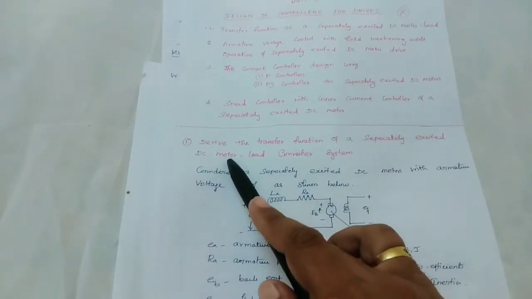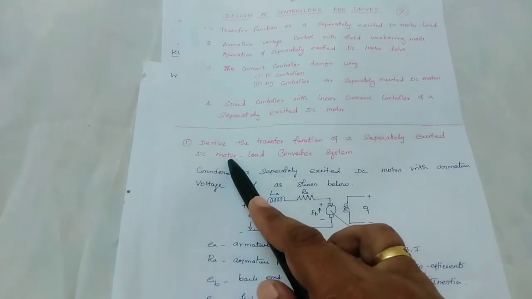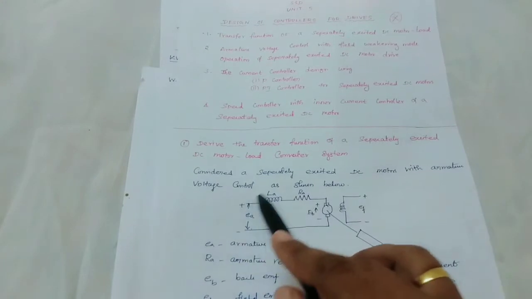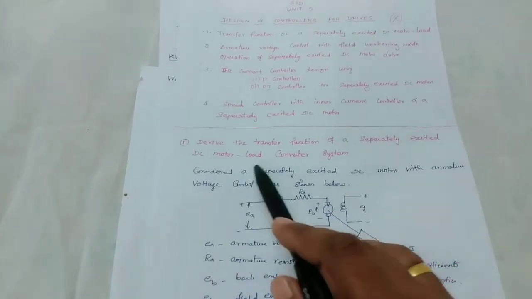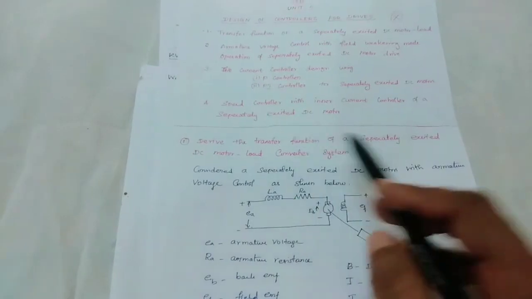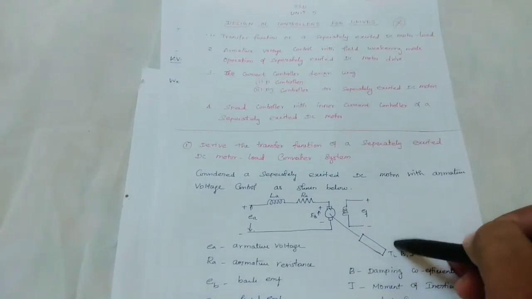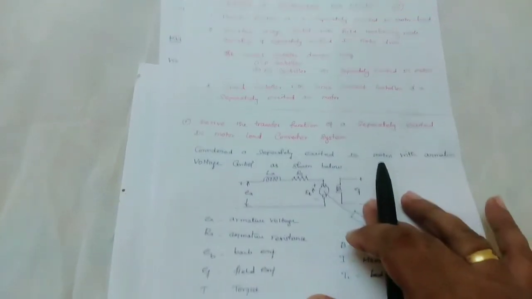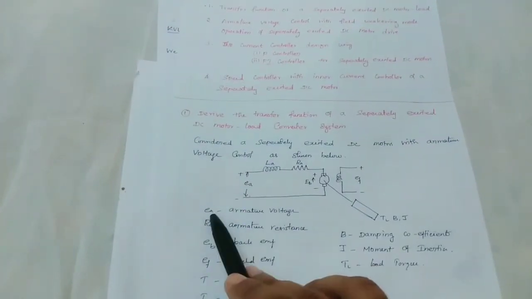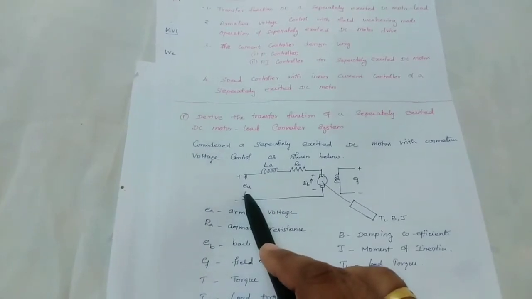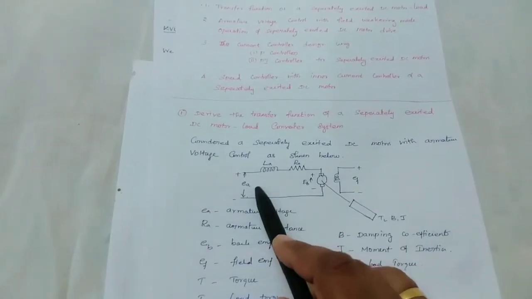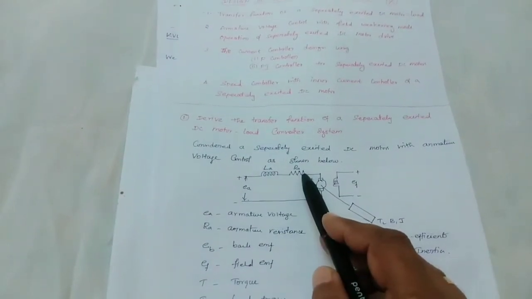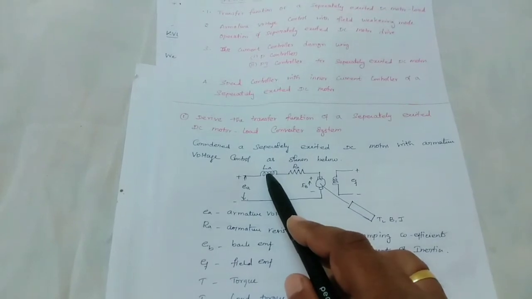While we consider this motor, there must be some electrical parameters, so we take the equivalent circuit of the motor. And for the load, there must be mechanical parameters, so we consider some mechanical terms. Here the input supply, the armature voltage, is given. The armature coil consists of resistance and inductance, so we take it as RA and LA.